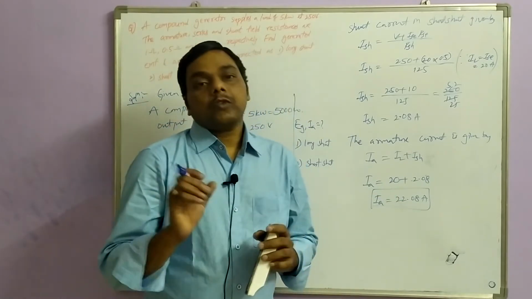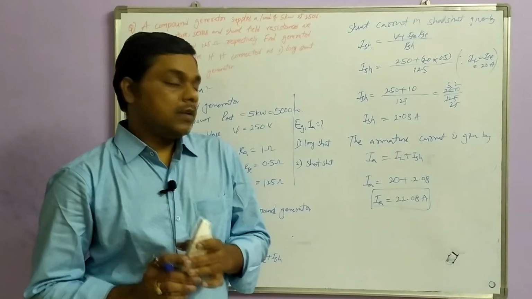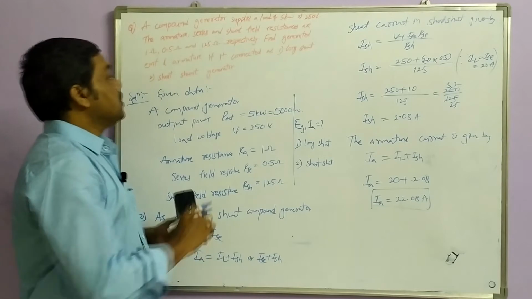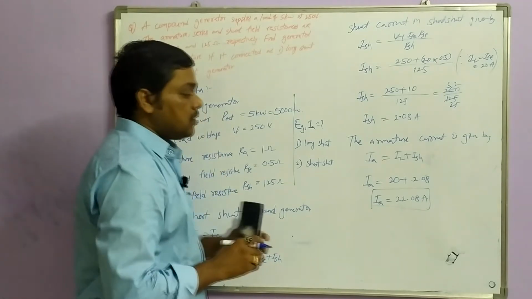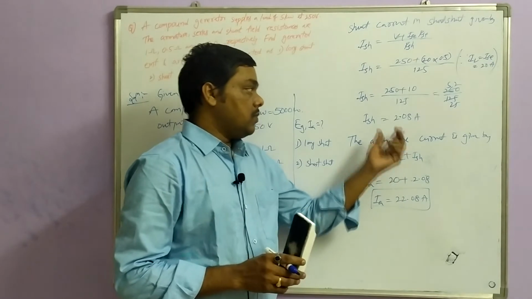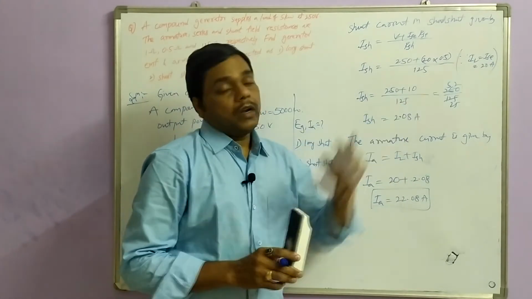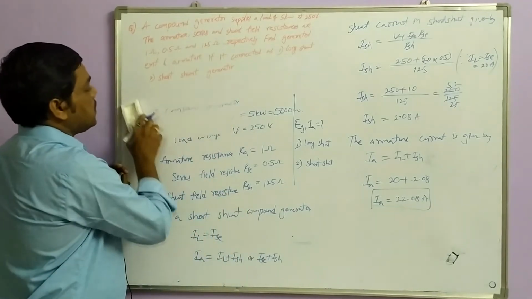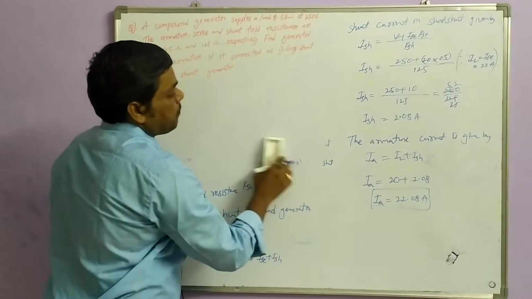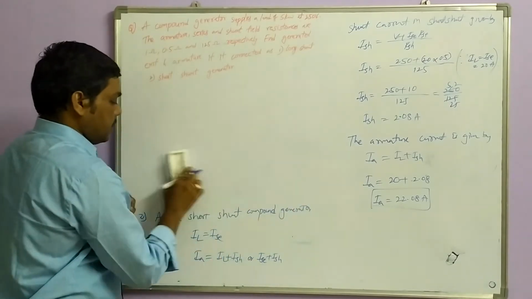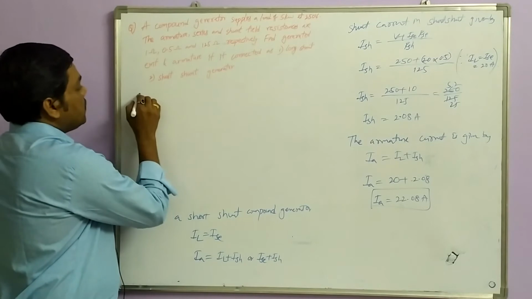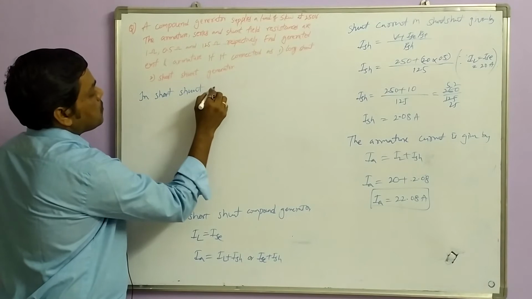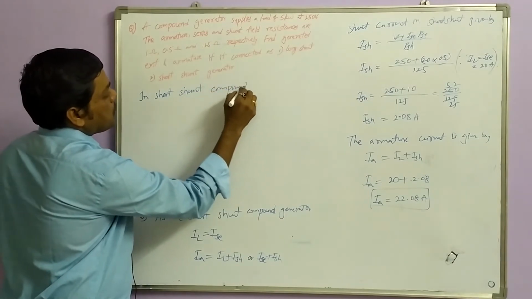Approximately the same value we are getting for this case. Now what is the generated EMF in the short shunt generator with this armature current and with shunt current and load current remaining the same? Now we will calculate it. So I will take up this given data. In short shunt compound generator,